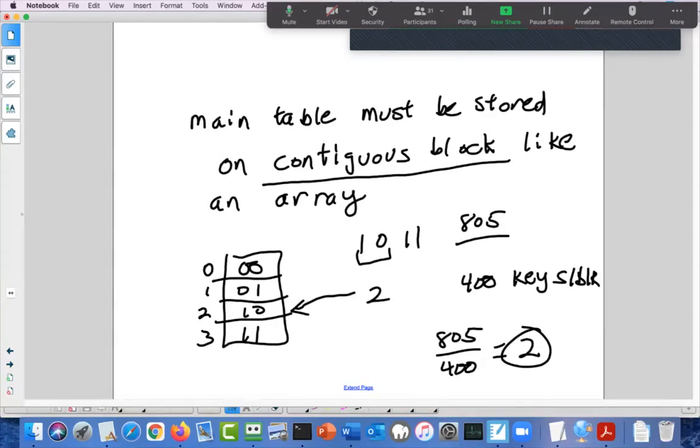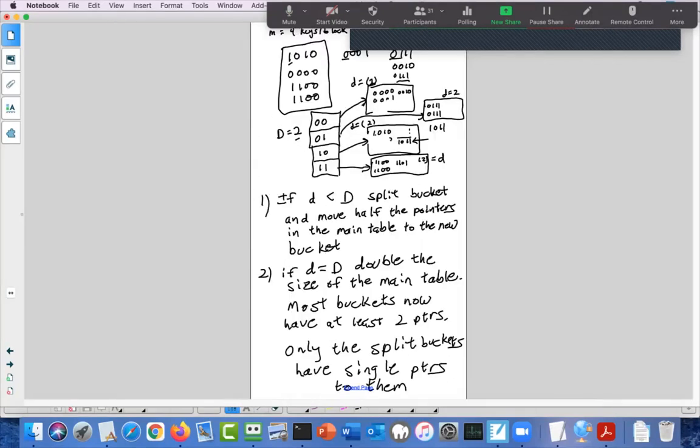So we're not going to worry about how we delete from an extendable hash table. Actually, quick question. So far, it looks like we're just talking about the first 2 bits. How is it determined to just look at the first 2? I guess as the main table grows, you start increasing the number of leading bits that you look at for the main table. So for example, this table now is